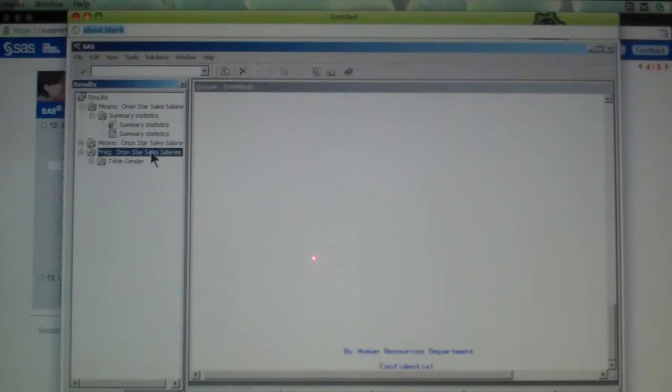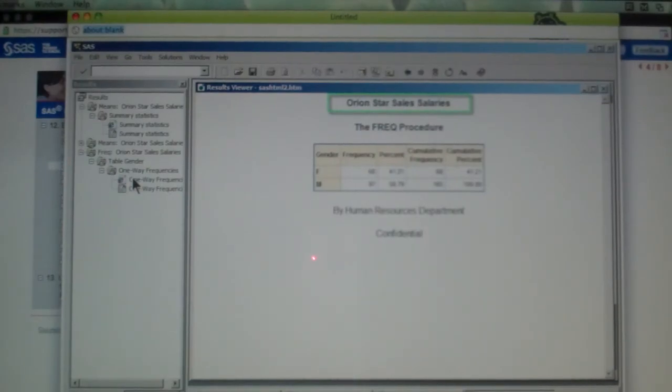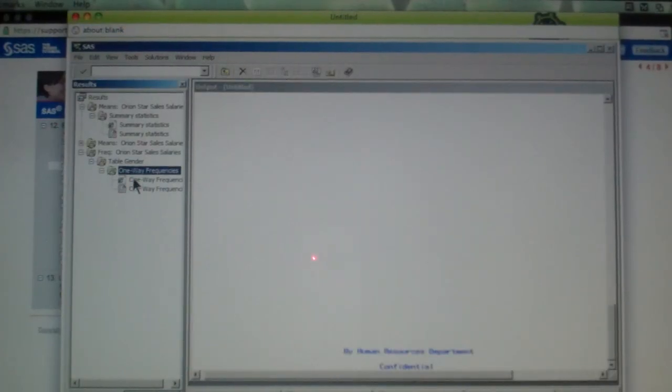Now let's look at the HTML output for the second report. Once again, Orion Star